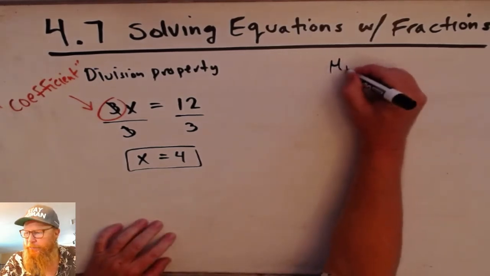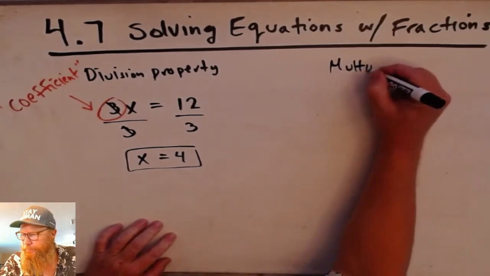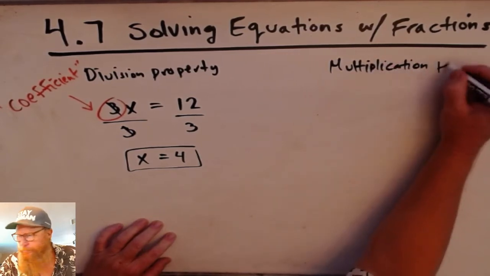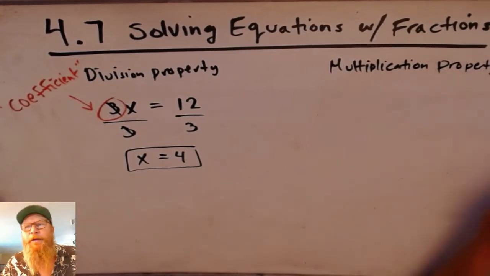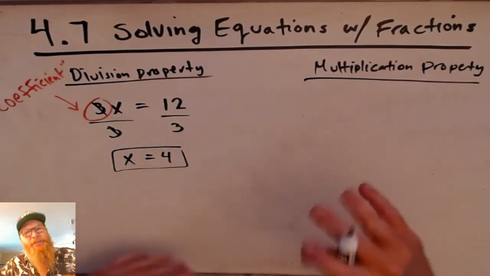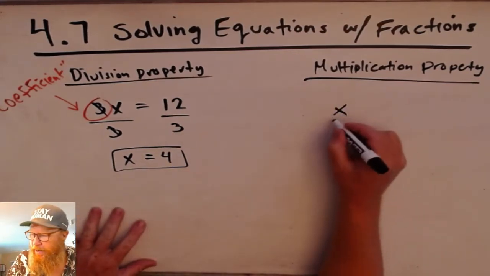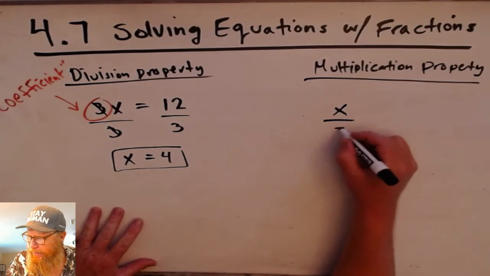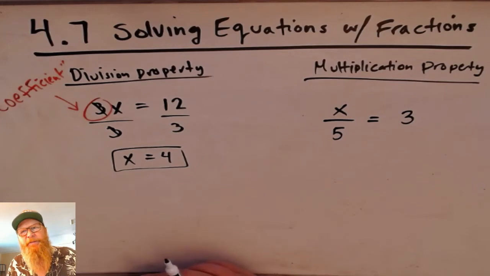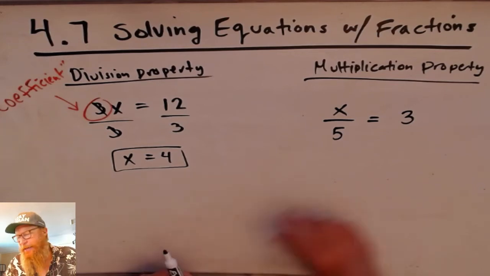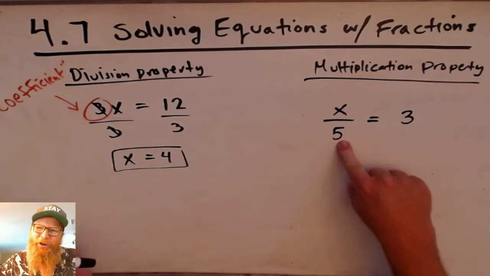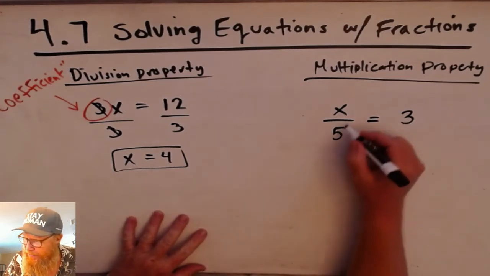We also have the multiplication property. And the multiplication property basically says the same thing. It just is in reverse order. So if you have something like this, x over 5 equals 3. Again, now this is a little bit tricky. 5 is not technically called the coefficient. This actually means